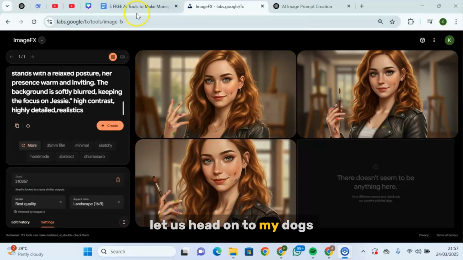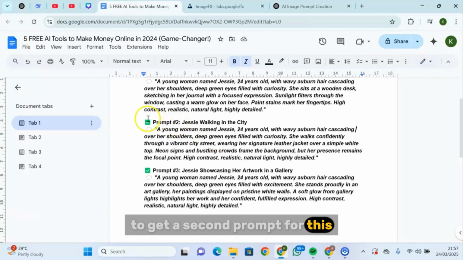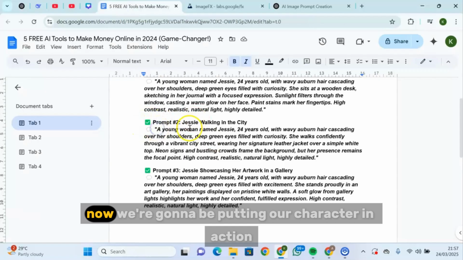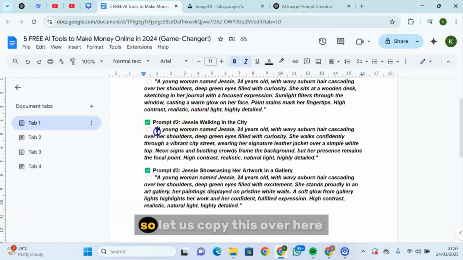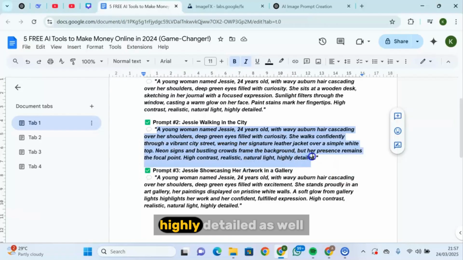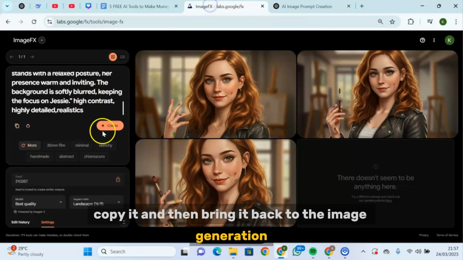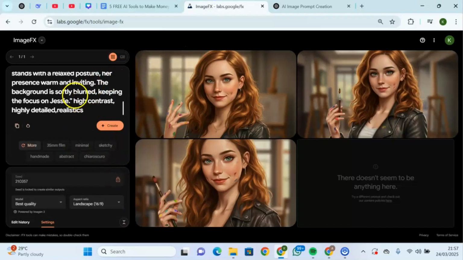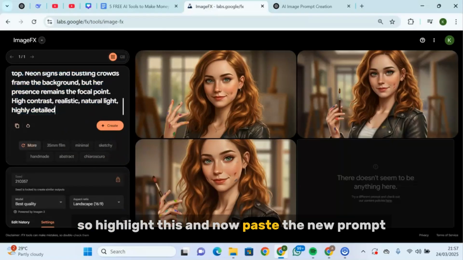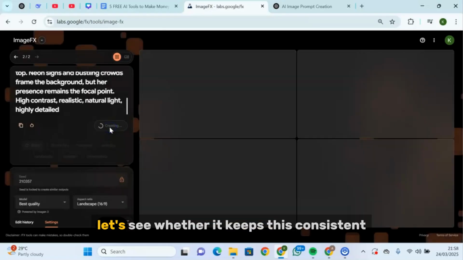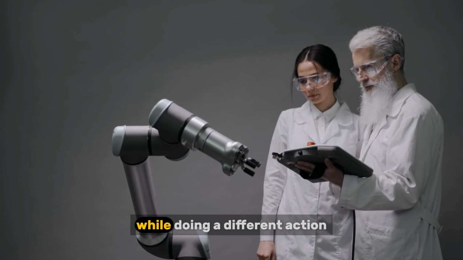Alright, so let us head on to my docs to get the second prompt for this. And this is the second prompt you're going to be using. Now we're going to be putting our character in action, just walking in the city. So let us copy this over here, highly detailed as well. Copy it and then bring it back to the image generation and make sure this is locked. So highlight this and now paste the new prompt and let's see whether it keeps it consistent while doing a